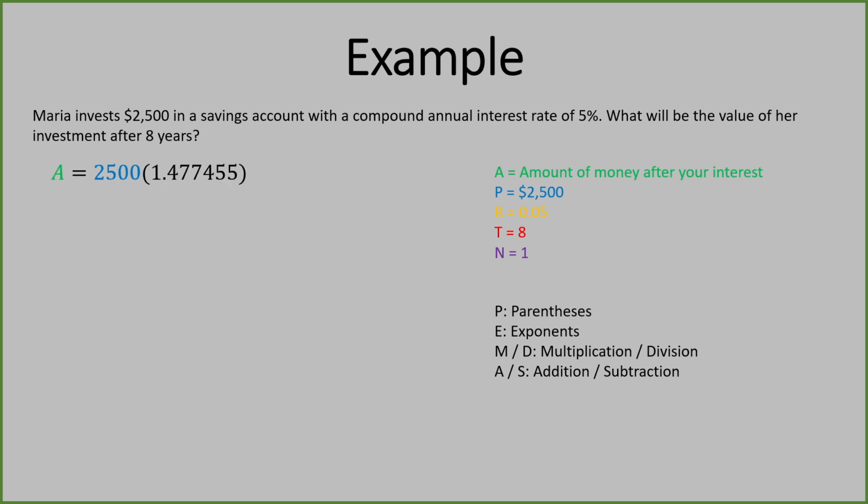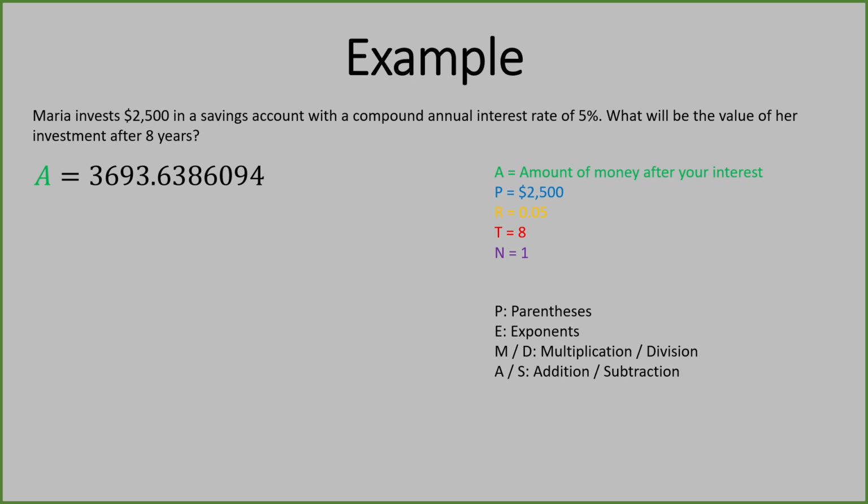When we do this in our calculator, we're going to get a long number. But let's just write down the first few digits of it here to not get us very confused. Next, we'll take that long number we got and multiply it times 2,500 to get 3,693.6386094. Now, we're nearly done, but not quite.